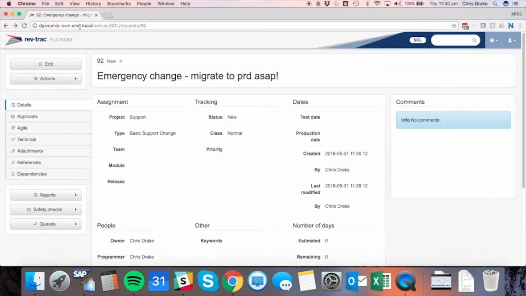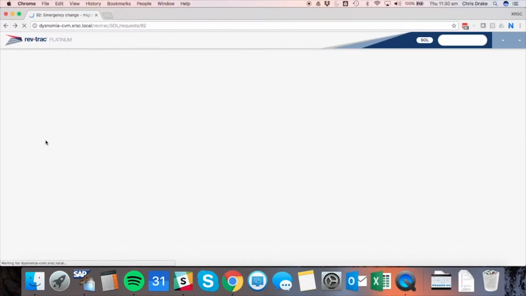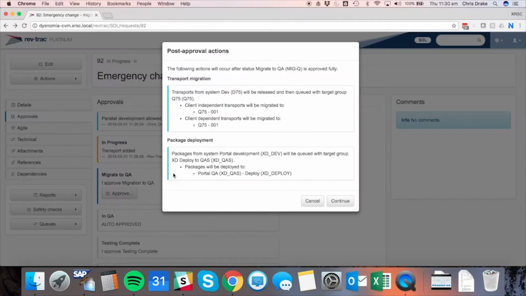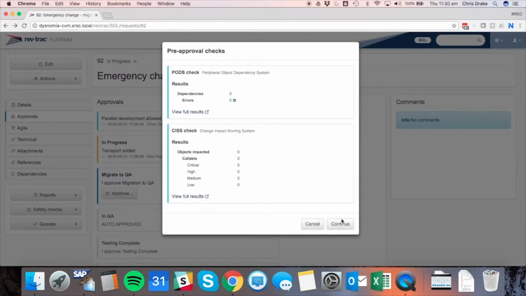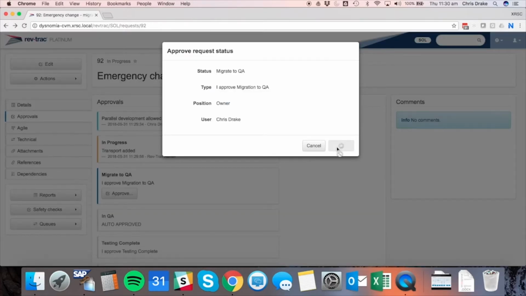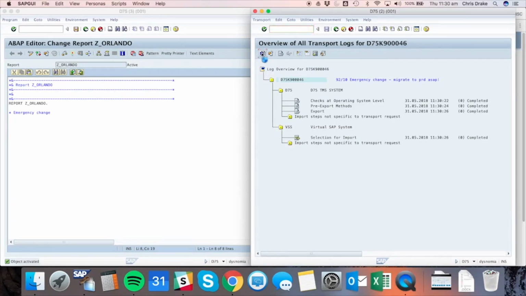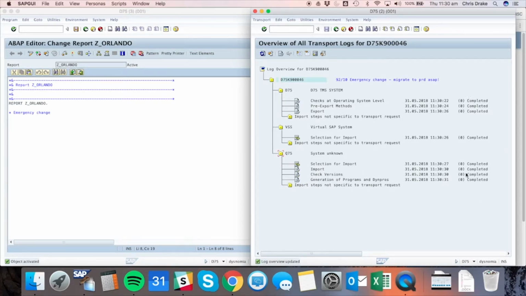Moving back to the Rev-Trac request screen, we can see the transport is associated and the version with the emergency change in it is now ready for migration. We'll go ahead and approve this to the QA system. Once again in the background, we'll notice that the logs are being built up as the automation steps trigger the import and migration to the target system. Once again, we've got good return codes,